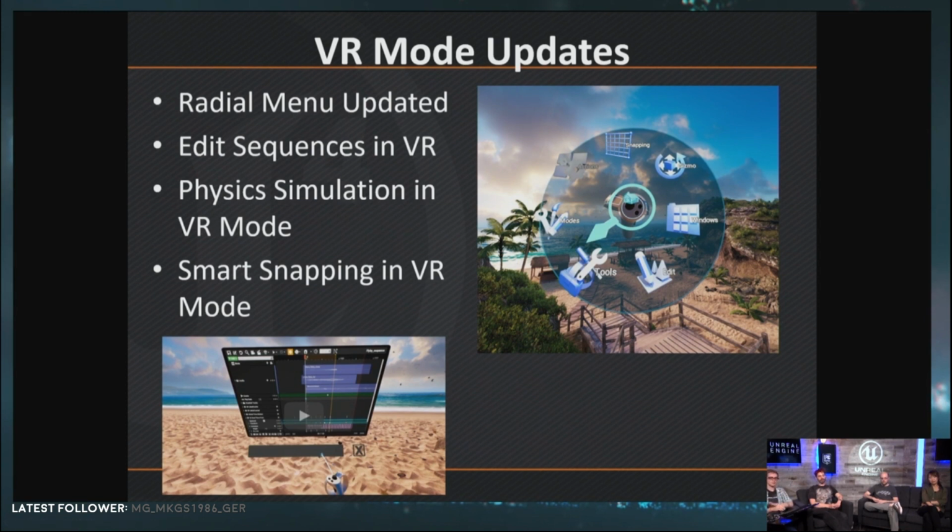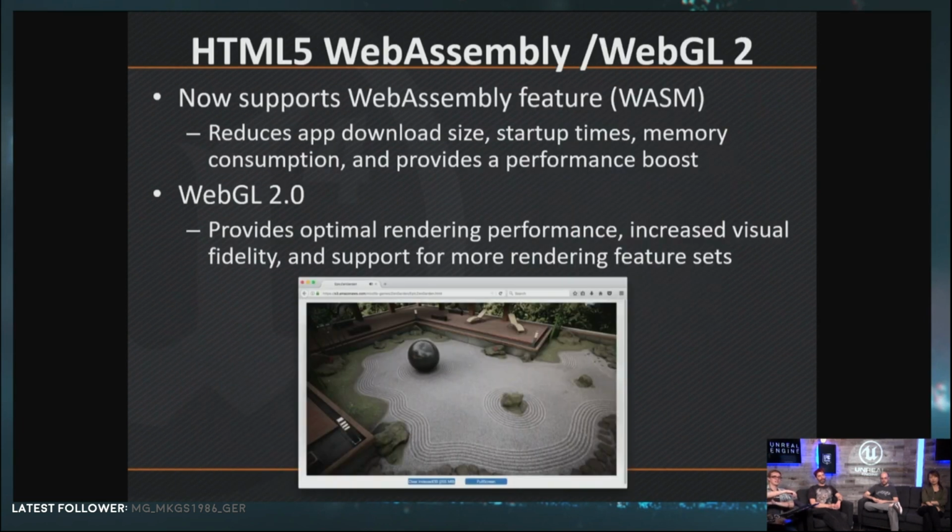So that's all there for you. I'll let you check those out, but there's a list of the cool new features that they got into detail with previously. HTML5, WebAssembly, WebGL2. Okay, so the technology of the web is always marching forward, and one of the big things recently coming is